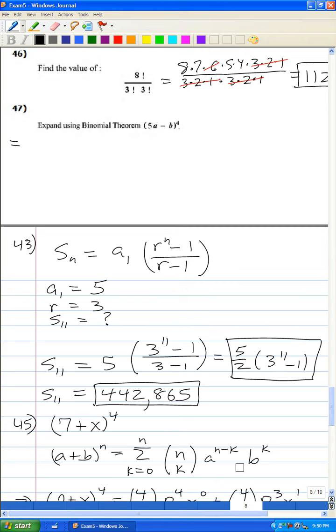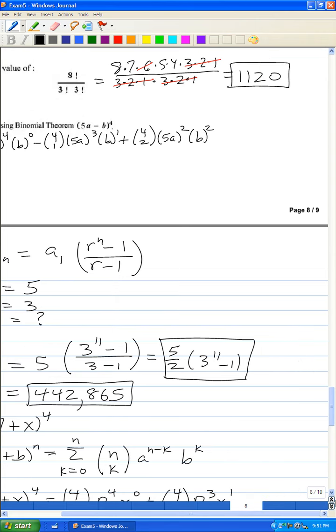And so n is 4, and so I have 4 choose 0, 5a to the 4 minus 0 is 4, b to the 0, minus 4 choose 1, 5a to the 4 minus 1, 3, b to the first, plus 4 choose 2, 5a squared, b squared, plus 4 choose 3,